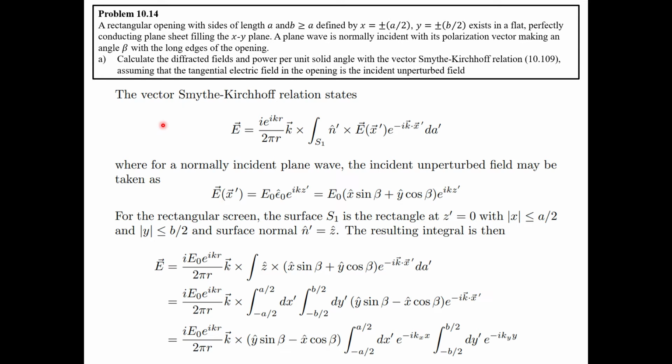Okay, today we are going to problem 10.14. A rectangular opening with sides of length a and b larger than a, defined by |x| less than a/2 and |y| less than b/2, exists in a flat, perfectly conducting plane sheet filling the xy plane. A plane wave is normally incident with its polarization vector making an angle beta with the long edges of the opening. Problem A. Calculate the diffracted fields and power per unit solid angle with the vector